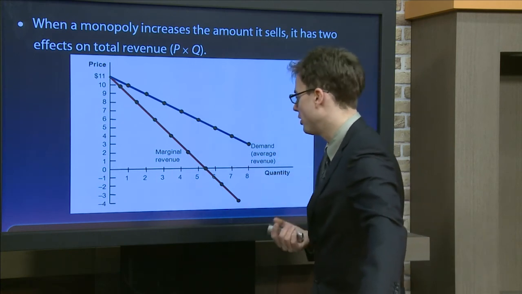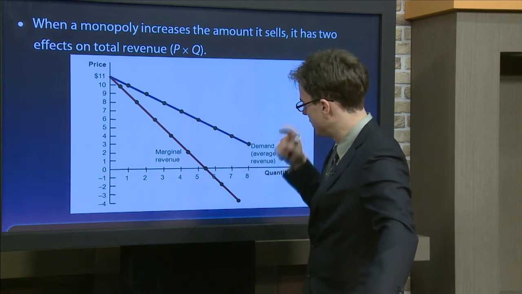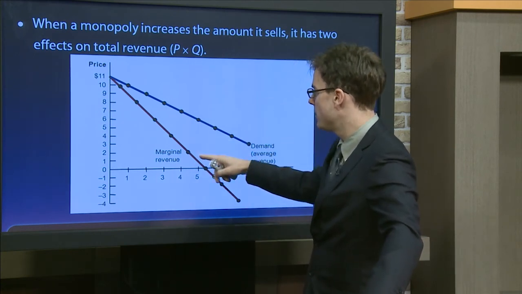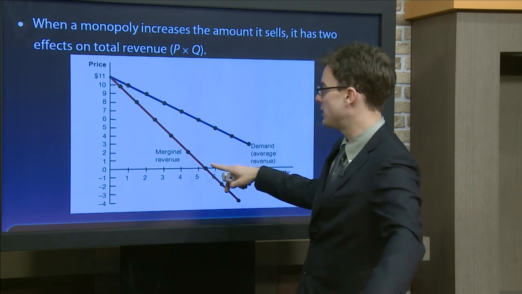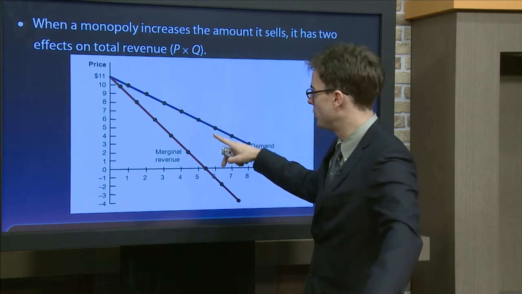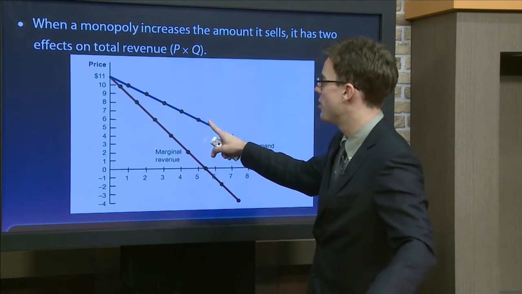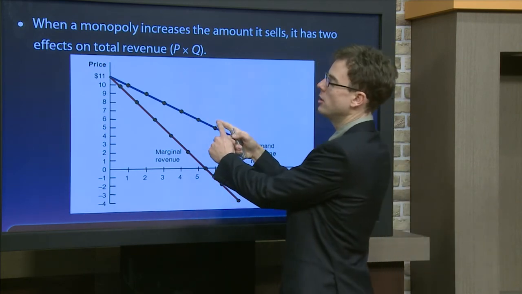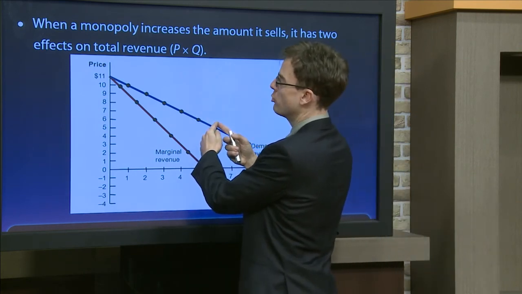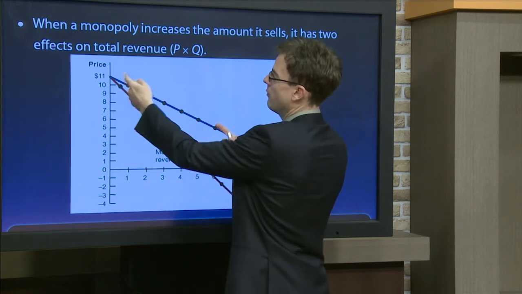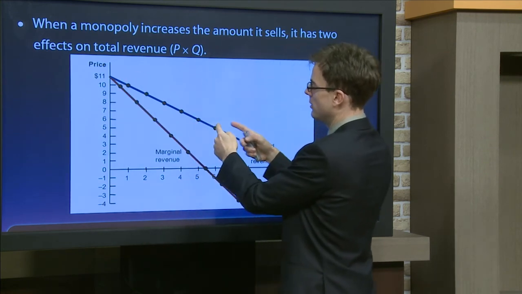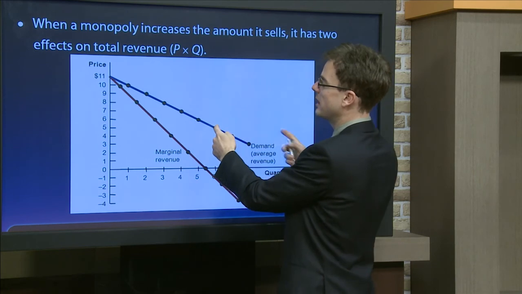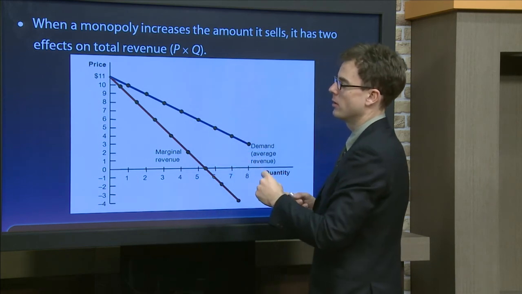And an additional piece of information, so as I said, the marginal revenue curve is twice as steep as the demand curve, which means that there is a difference between units of output on this side of the demand curve and units of output on this side of the demand curve. Here,